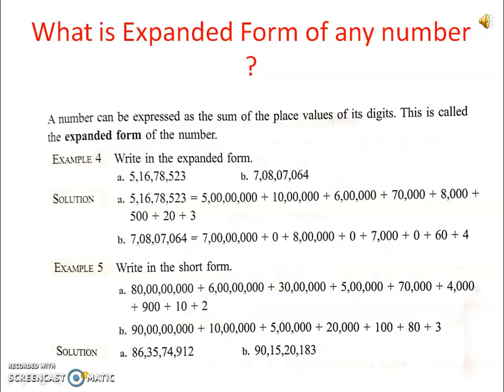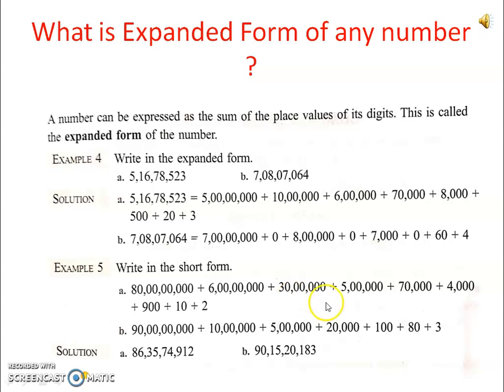For finding short form of it, we just have to pick the first digit of those place values. Okay, so see, in example, the place value is 80 crore. So pick the first digit, that is 8. So we will write 8 plus 6 crore is given there. So we will pick the first digit, that is 6. So we will write 6 plus the next is 30 lakh. So in this place value, we are given with 3 as the first number. So we will pick 3.